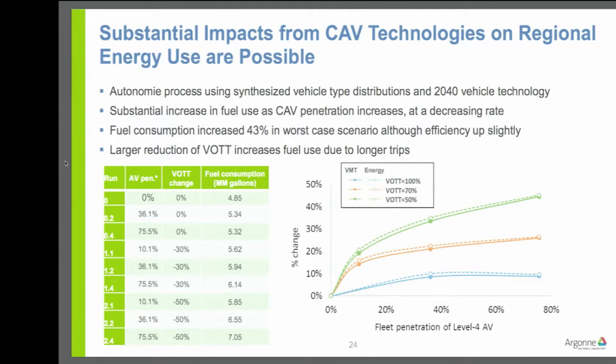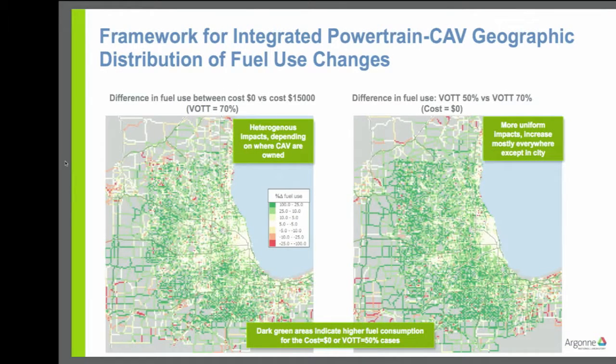Next slide. And then we can look at those results geographically to see where the increased travel is happening. So we see, when we hold the value of travel time change fixed and look at a zero marginal cost versus a high marginal cost case, we see that